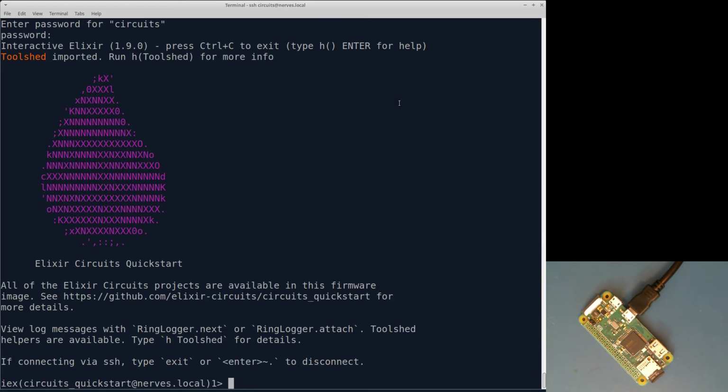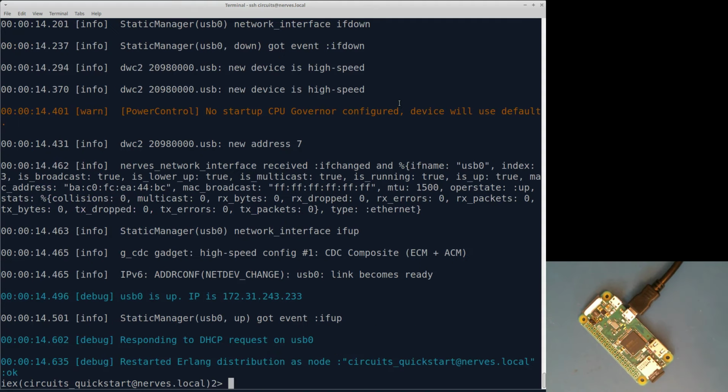So we're in there into the Circuits image that's going over the virtual Ethernet cable through the USB port that's connected to this Raspberry Pi Zero. Just to show the ring logger messages. This one just booted. There's nothing being written to the micro SD card,